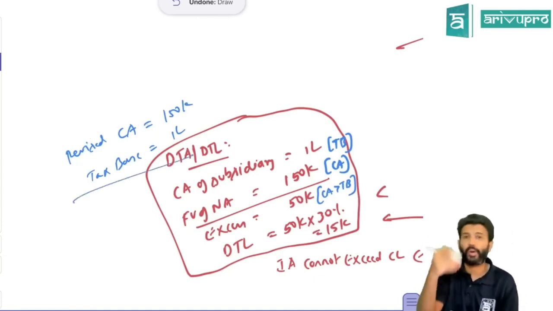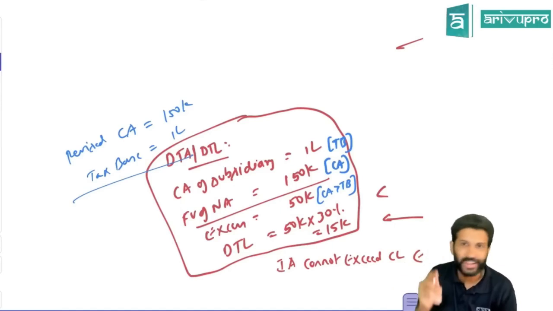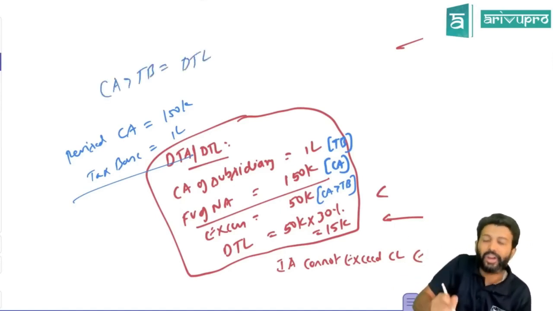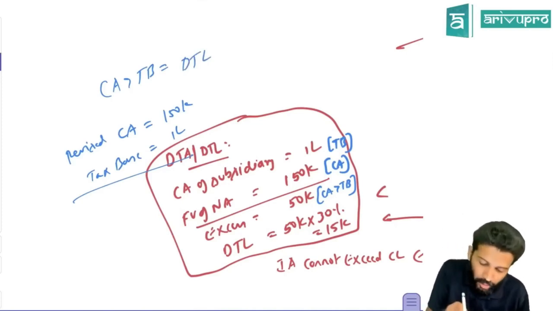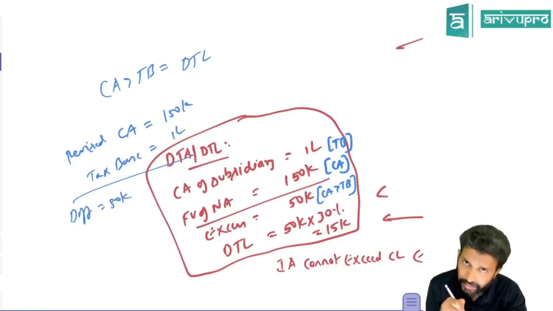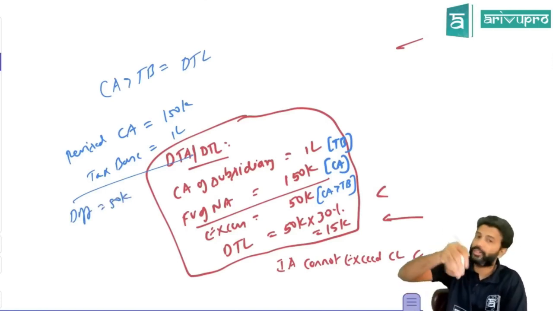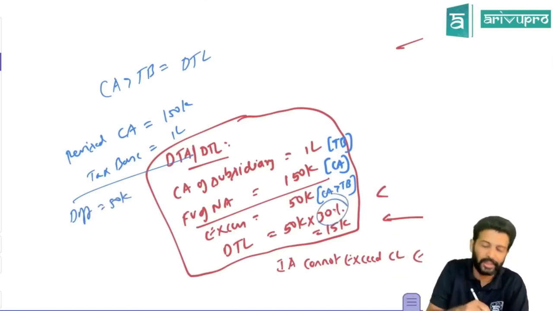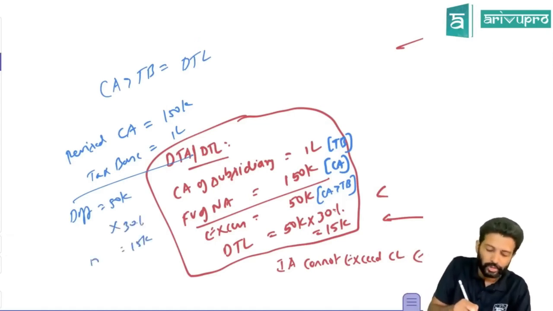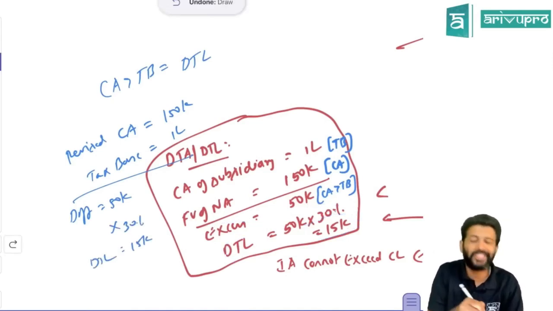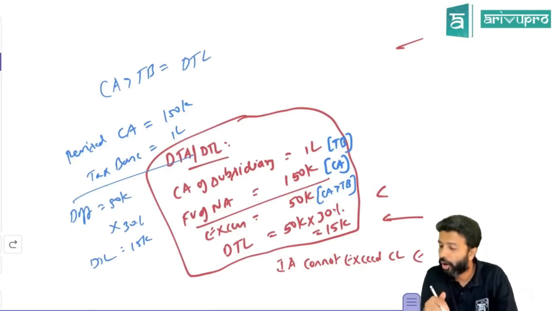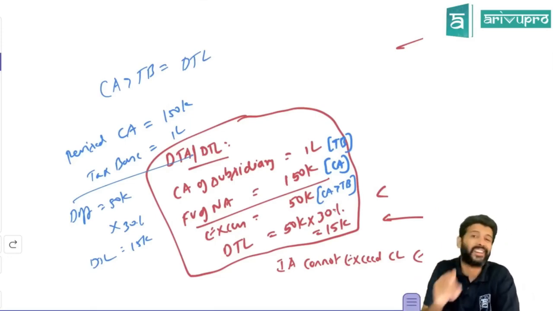So there is a difference, and we already know this equation. I'll explain it to you later also when we do Ind AS 12. For an asset, if the carrying amount is greater than the tax base, then we create something called deferred tax liability. So here the carrying amount is greater than the tax base by how much? 50,000. So on this 50,000, will we create deferred tax liability or no? We don't create DTL on the difference, but on the taxable difference. Let's say the tax rate is 30%. So multiply 30% to this, you'll get 15,000. So on this 15,000, you'll have to create something called deferred tax liability. So whenever you do a business combination, you may get some extra deferred tax asset, or for that matter, deferred tax liability. That's another recognition exemption.